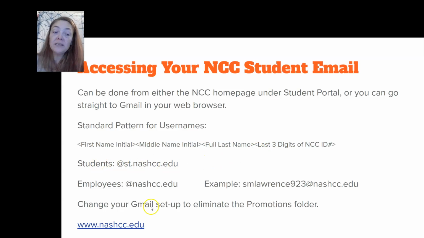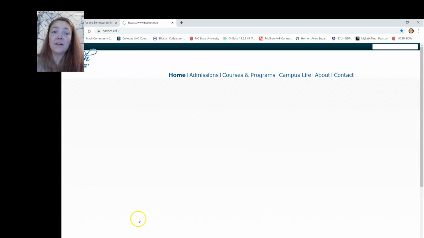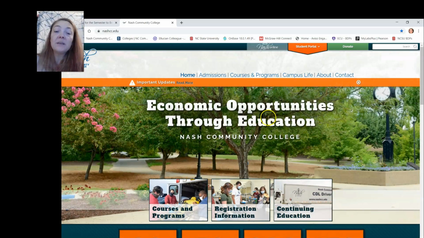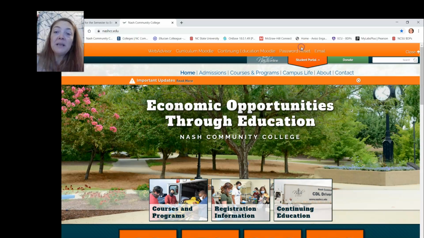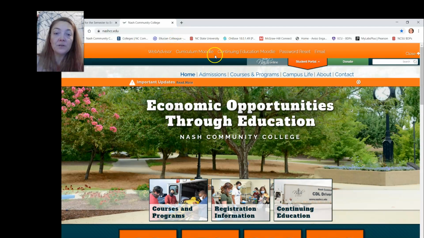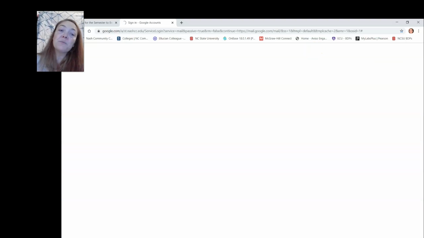One other thing I strongly suggest is that you change the Gmail setup to eliminate promotions folders. To log into your email account, you should go to the Nash Community College homepage. At the top, click on Student Portal, and the option all the way to the right is Email. You will be prompted for your username and your password, and then taken to your Nash Community College email home